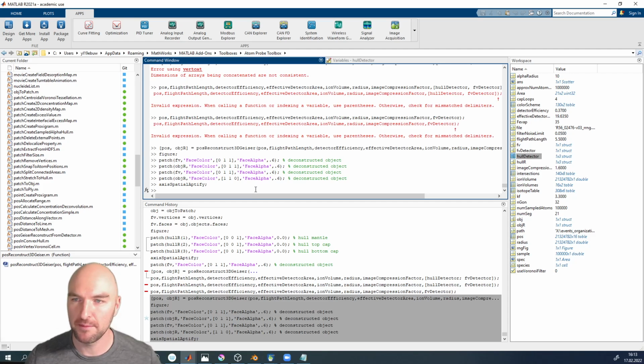And now I'm really bugged by not being able to combine the two. So we wanted to have the hull in reconstruction space. Now the hull in detector space. The hull in detector space. And that should actually be able to be combined with, what was it called? FV detector. FV detector. And